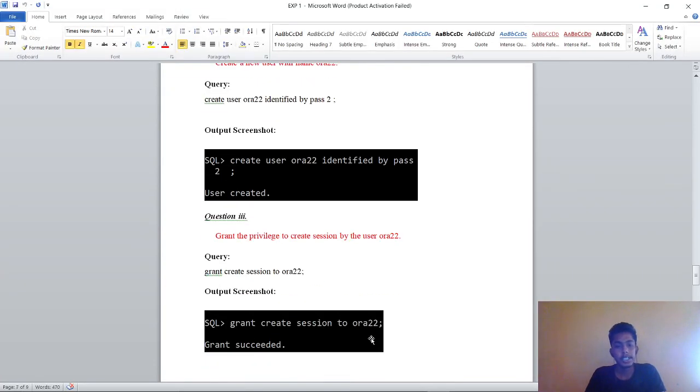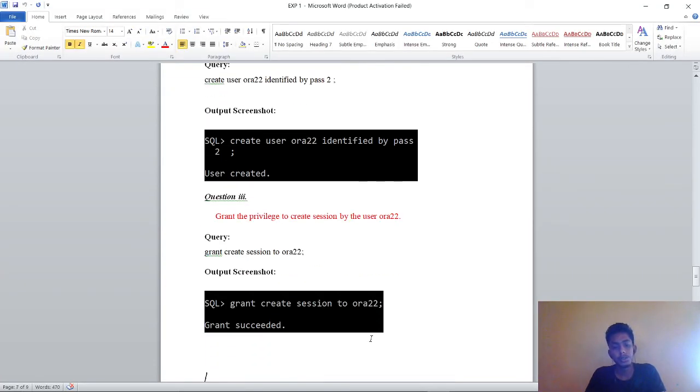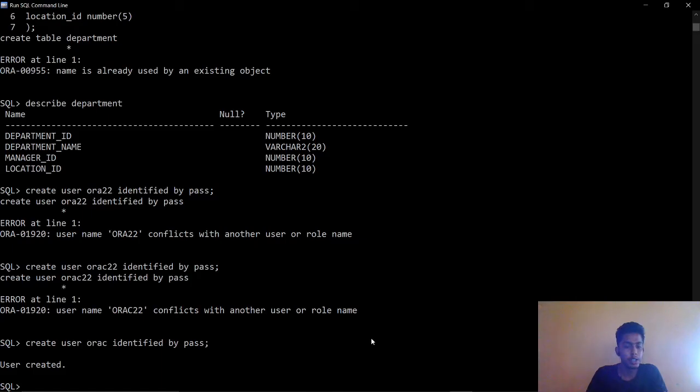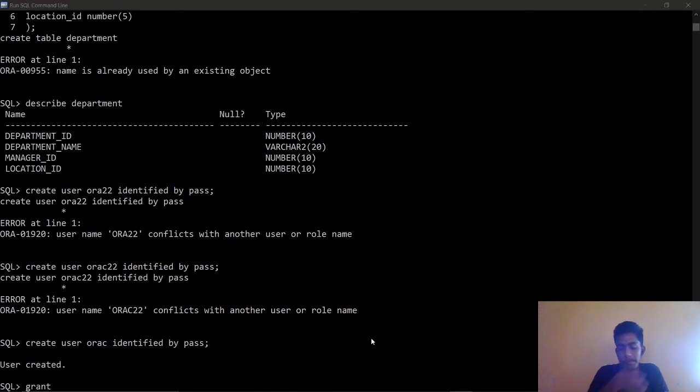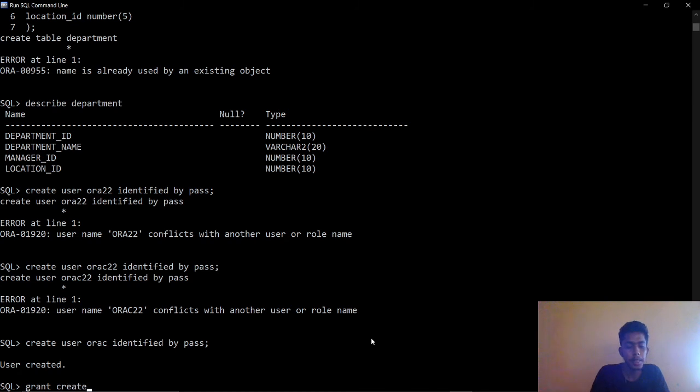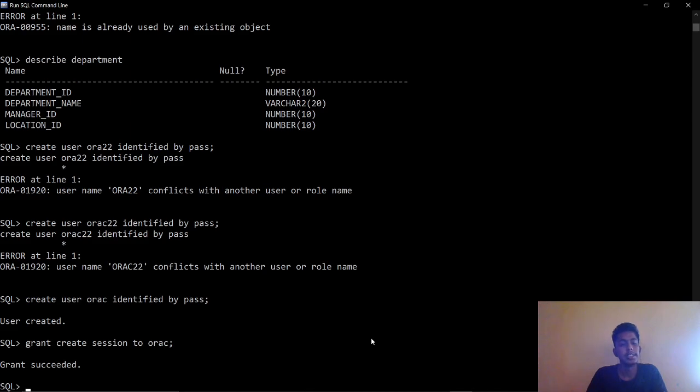Next is to grant the privilege to create a session to the user. There are certain privileges that can be granted to the user. So we perform grant create session to org22, here org. Grant succeeded.